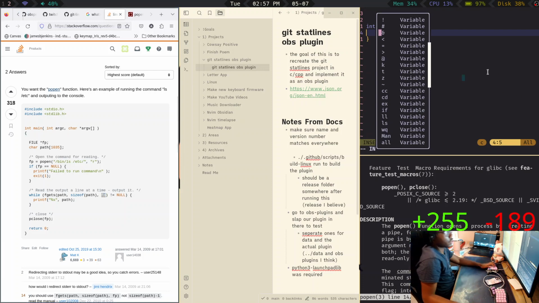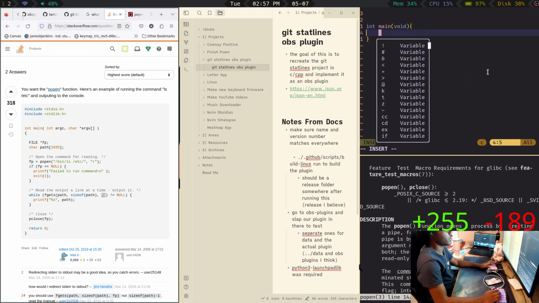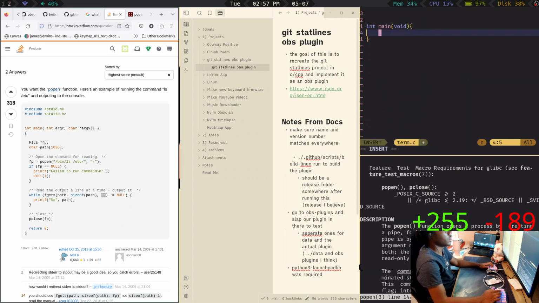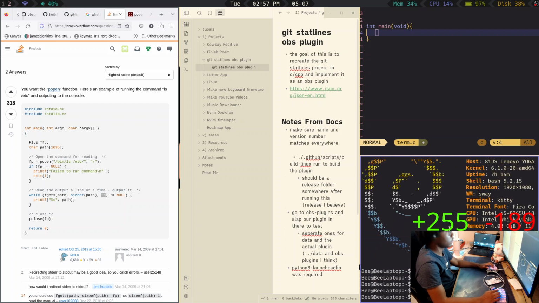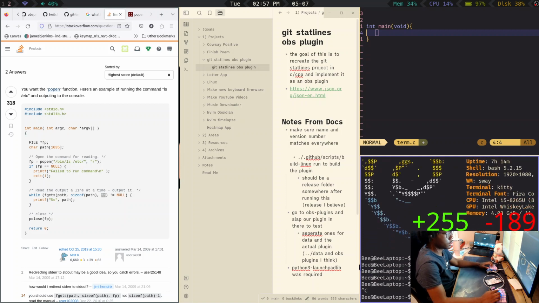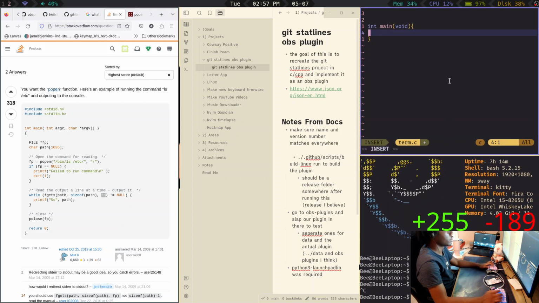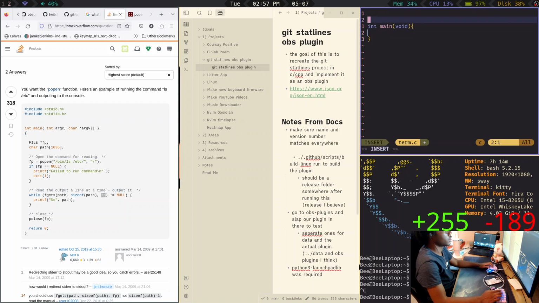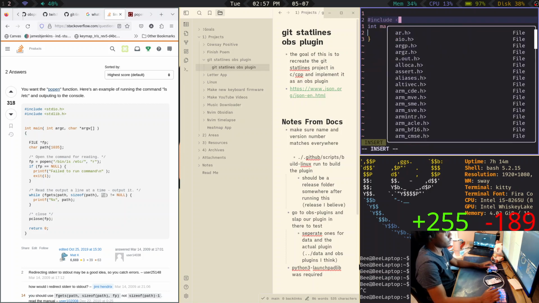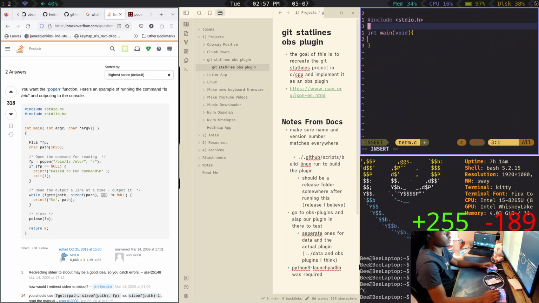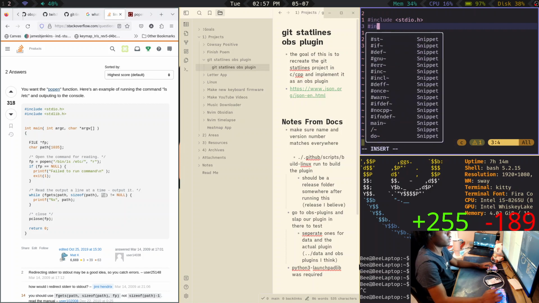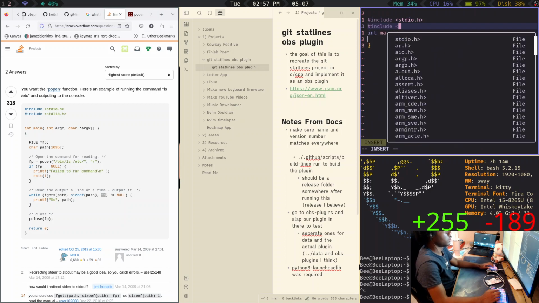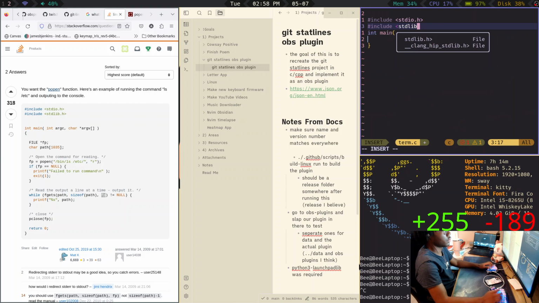So let's try it with this ls example to make sure I understand. Or maybe cat, because slash bin slash cat. Okay, cool. So yeah, let's do it with cat. And include stdlib.